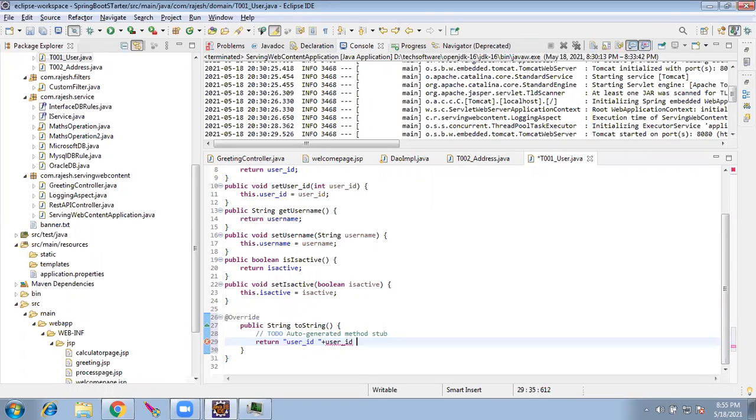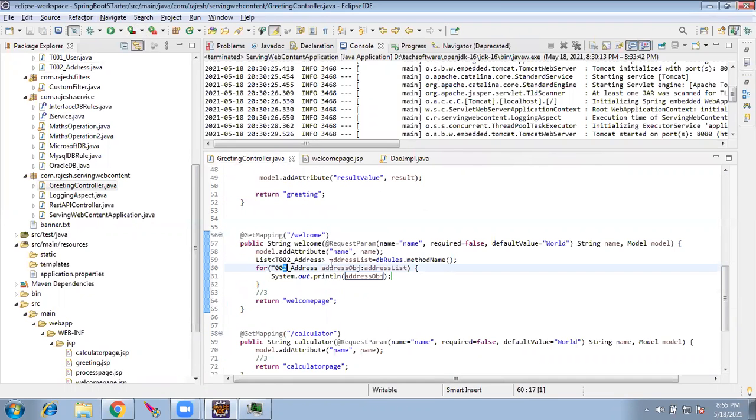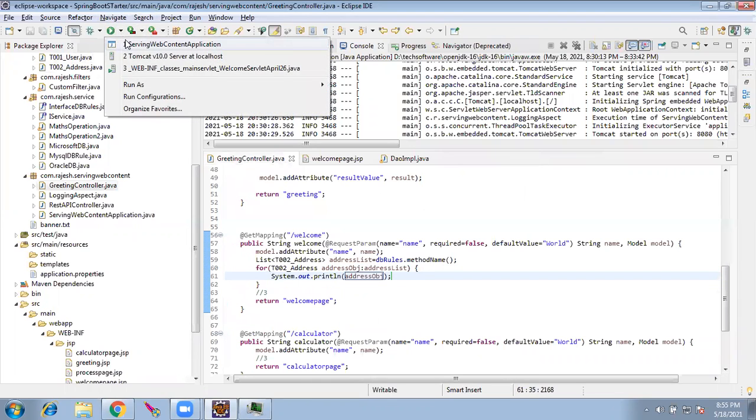User underscore ID plus username plus username plus is active plus is active. Okay, that's all. Now we have given the toString method in the welcome. Once I receive, I'm just printing the object. This will take care of printing all the values which are needed.